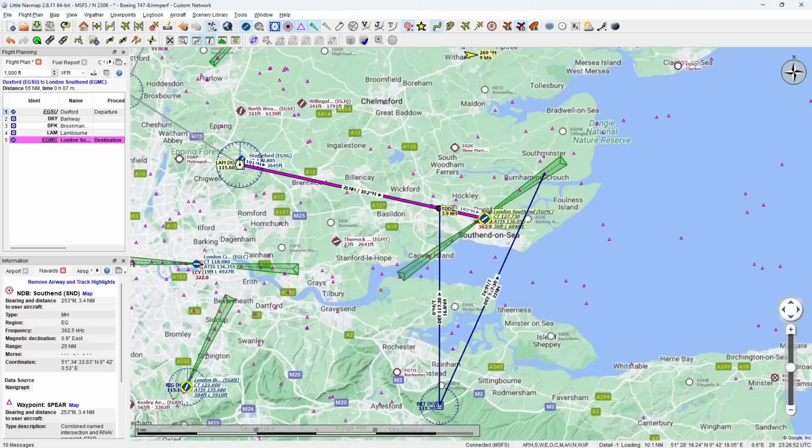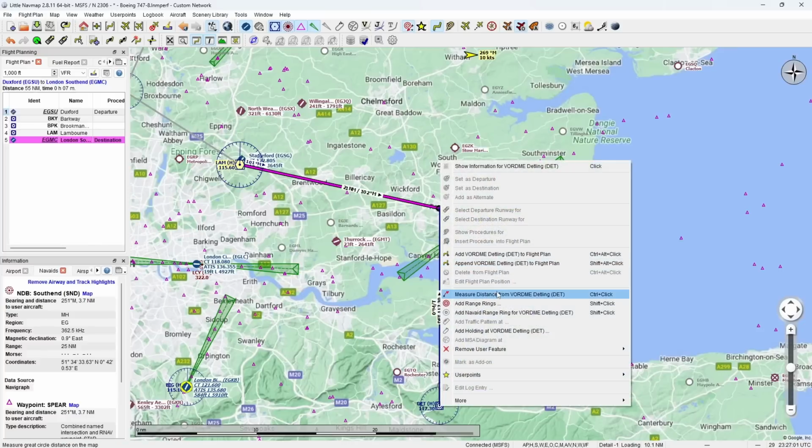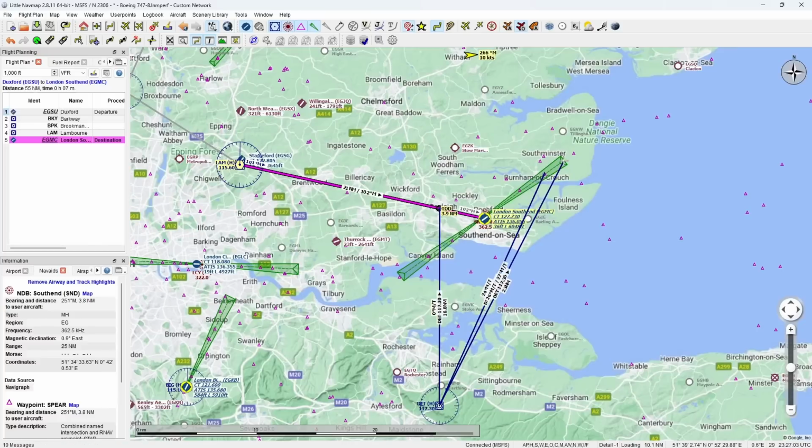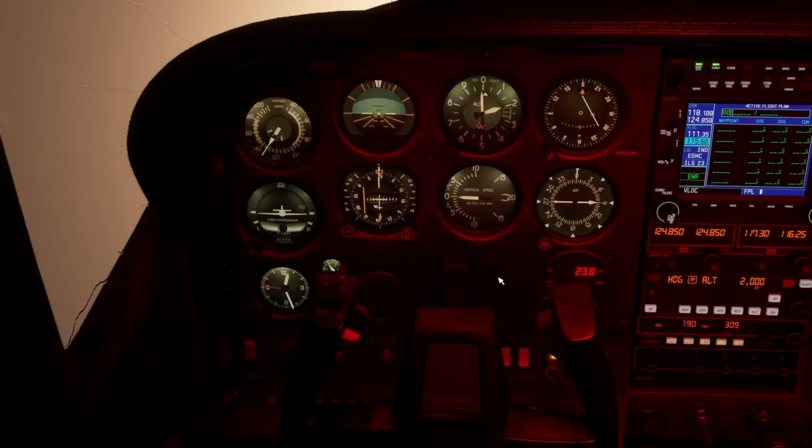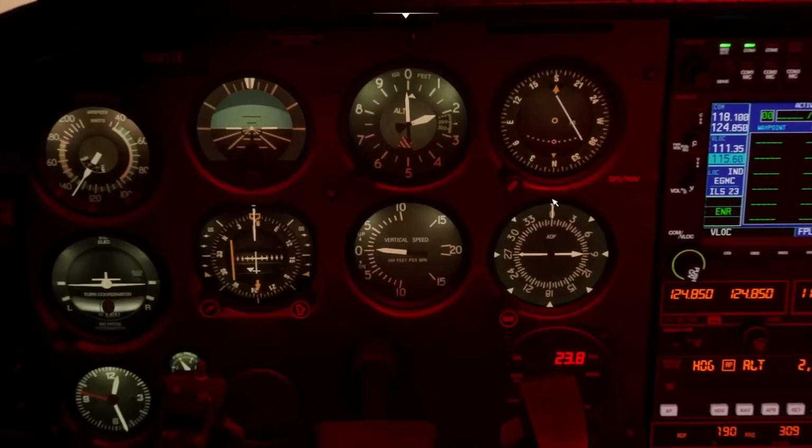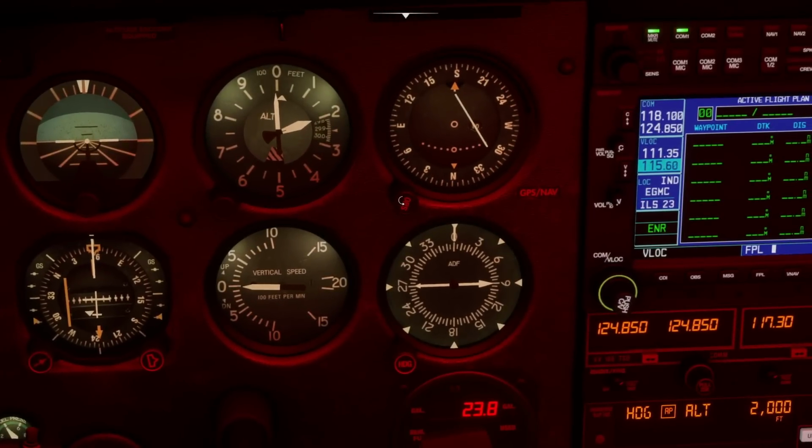So at 24 degrees from Detling, we do our U-turn. Or let's see what a bit wider angle might be. So at 26 degrees. So if we turn this to 226,